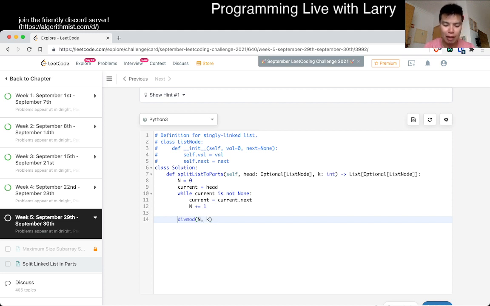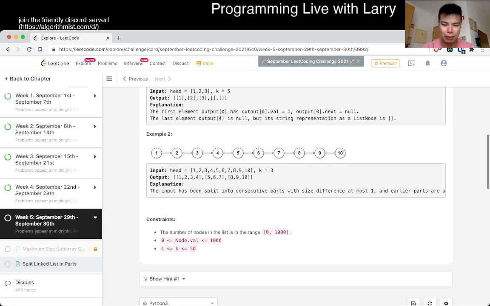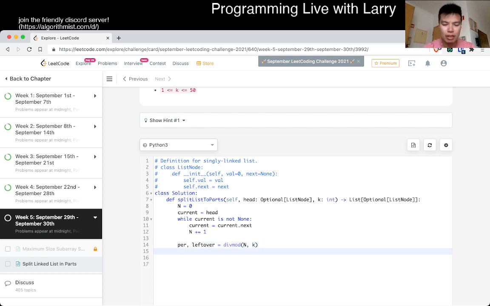Okay, so then we have parts and leftover, right? And this is just divide and the mod. So this is the part and then the leftover, which is what it sounds like, really. It's just divisible, right? And then now, this is not parts, sorry. K is parts. So then now you have per list or something like that. I don't know. How do you want to say per? And then here, now what do we want to do? We want the first one to,